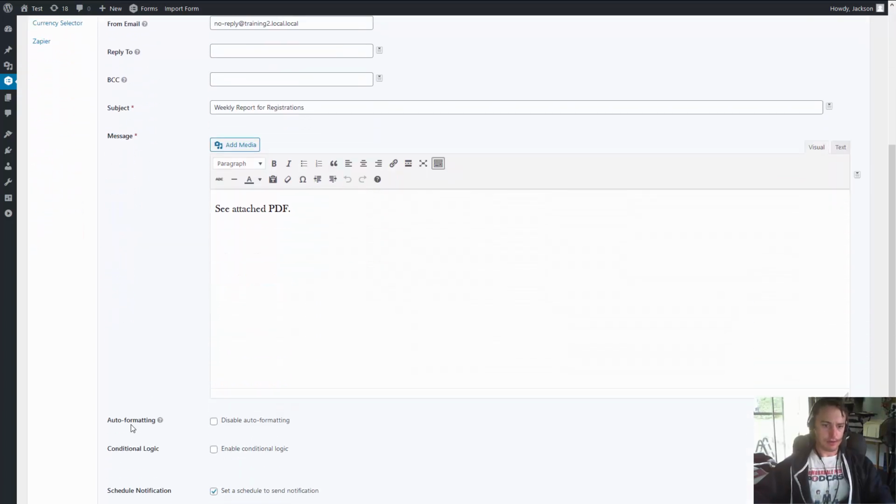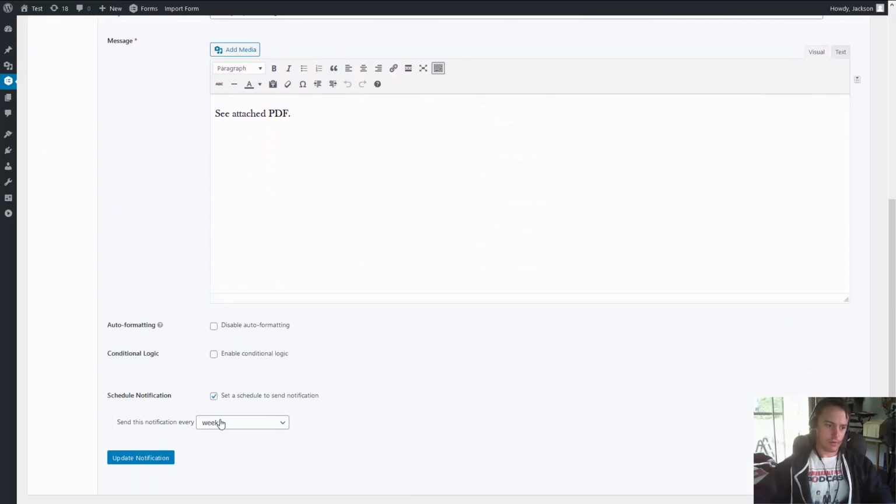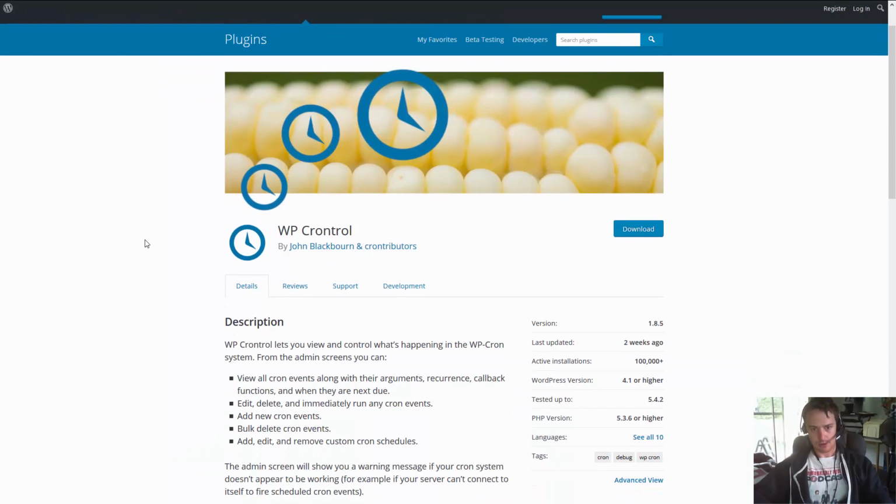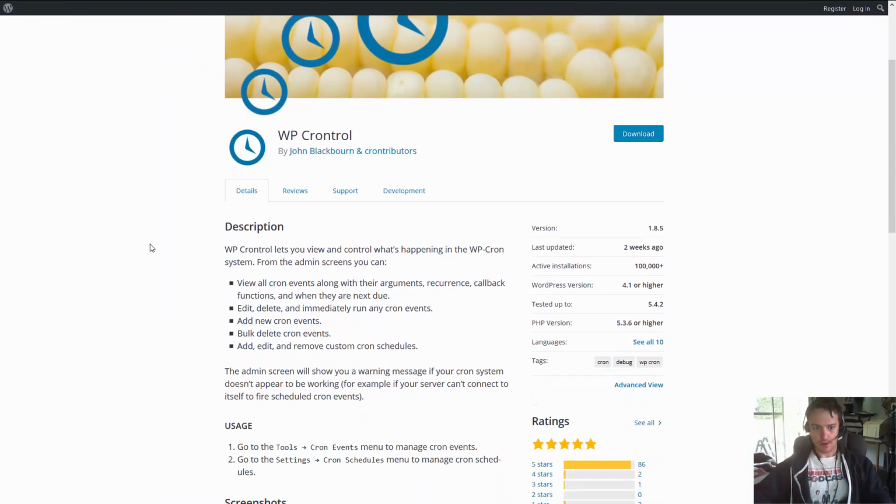Okay, now we want to confirm that that was correctly set, and we probably want to adjust the time that this is sent. So by default, this will send at the same time every week at the time you save this notification. And you might not want that. You might want to send it at the start of the day or the end of the day or just after midnight. So to actually modify that, we can install this free plugin from WordPress.org called WP Control,